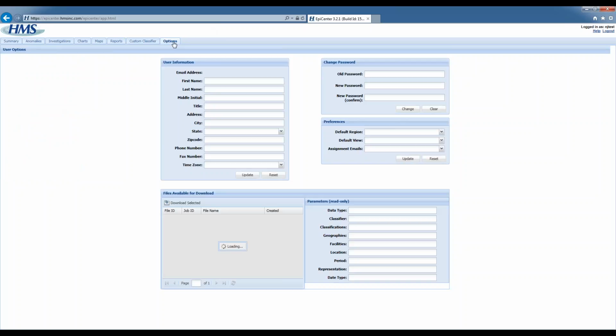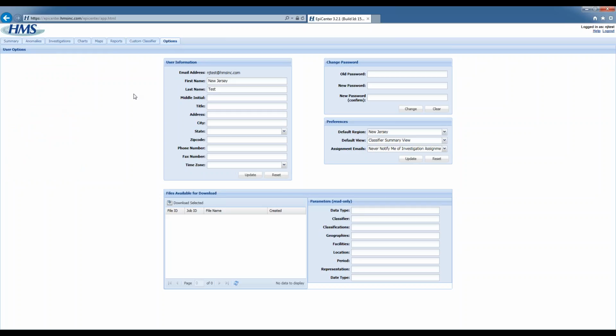And then the last thing that I wanted to show you today is just your options tab. So you would go here if you wanted to change your password. I did mention outbound files and report jobs. If you have a large file that you have delivered to you on a regular basis, the reports that we are going to have the ability to send out, those can just be sent as an email, but we spent